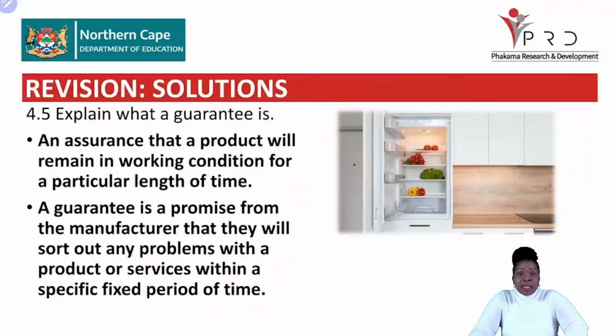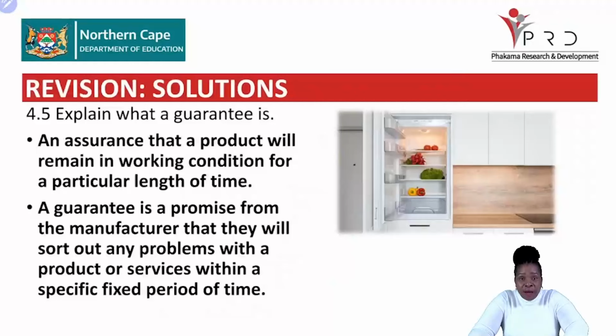So what she's supposed to do is to ask for a guarantee, if the store doesn't give her anything as guarantee, right? So a guarantee is an assurance that a product will remain in working conditions for a particular